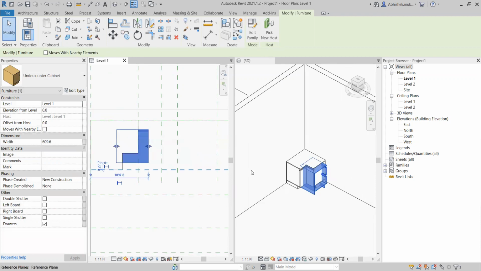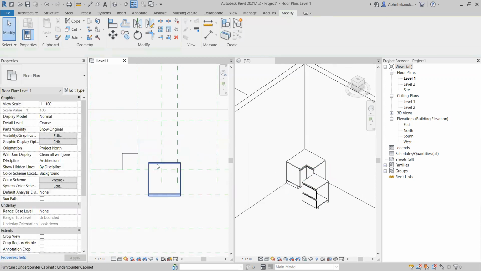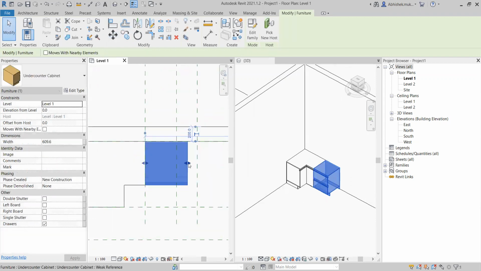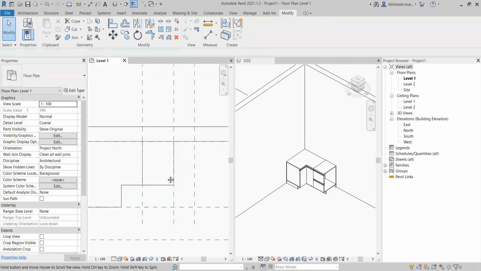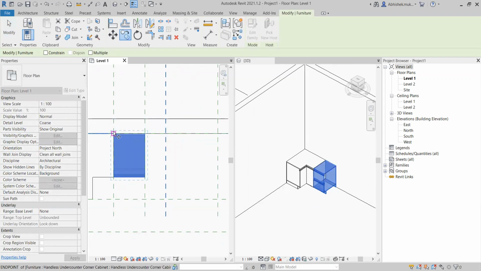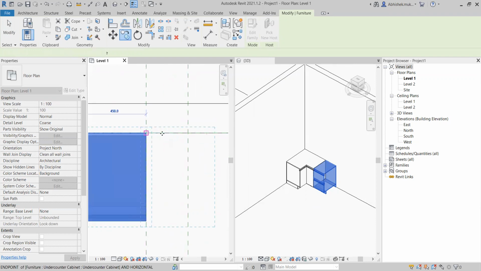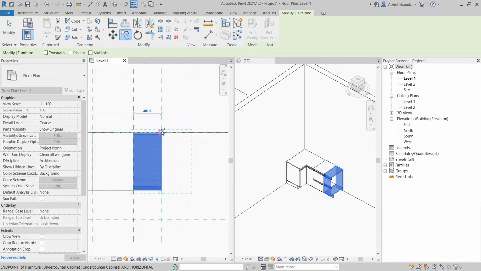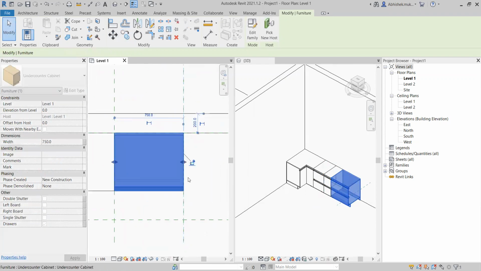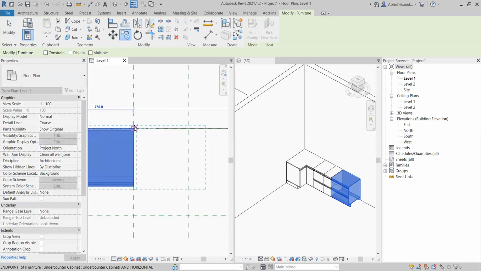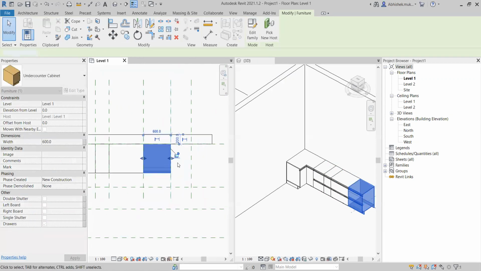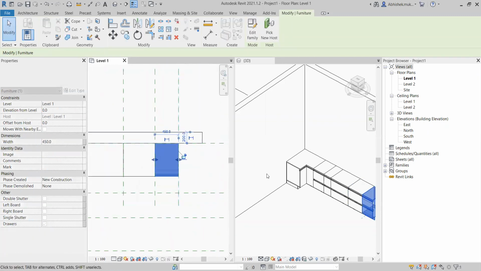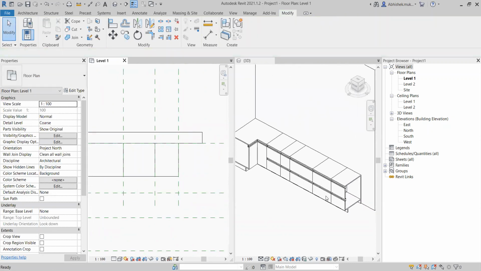So right now, if I hit the space bar, it will just flip along its edge, and then I can just place it somewhere over here. And then I can just maybe change the size. Now I'm going to copy this once and then again change the size. I'm going to copy this. Then again, I'm going to stretch it and copy this. And then one last time for this side. So you see one side of my kitchen cabinets are ready.